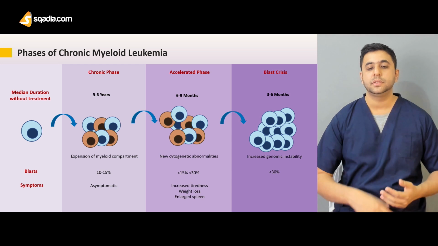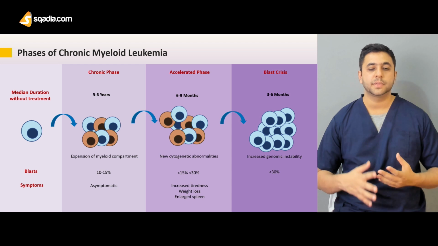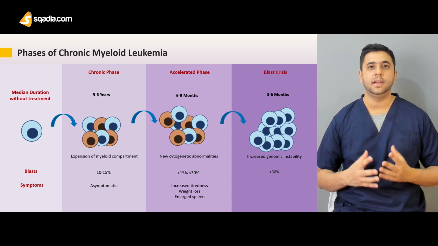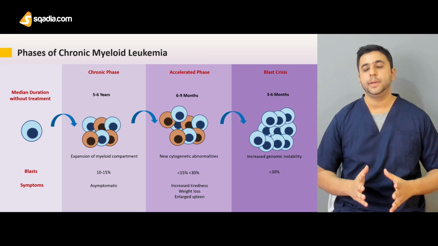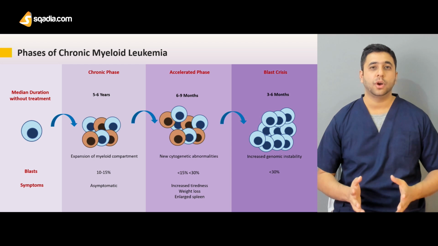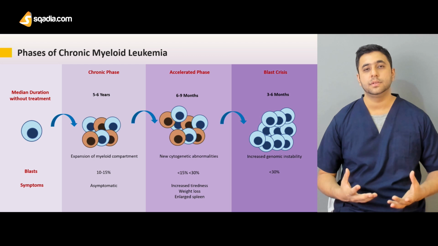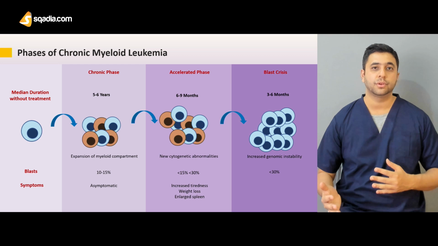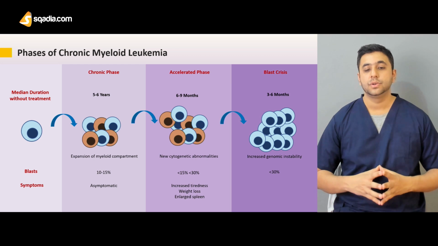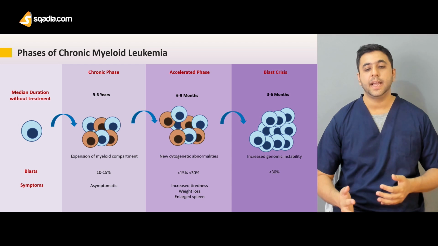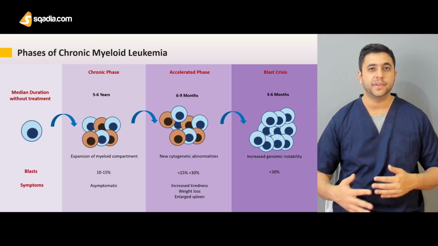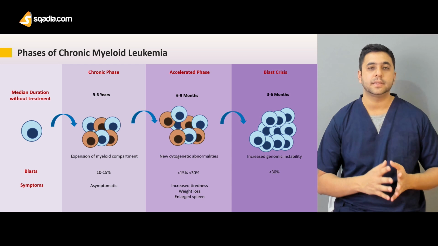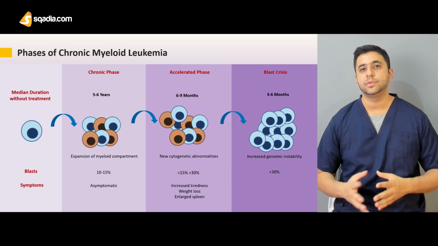In the accelerated phase, the patients start developing increased tiredness. There is some component of weight loss. And one important hallmark which signifies the progression of the disease is the enlargement of the spleen. Now, splenomegaly is a hallmark of CML. And when we talk about splenomegaly, we mean a very huge spleen. The spleen size can be around 15 centimeters below the costal margin. It can grow that long. So when we have an enlarging spleen and the patient reports increasing weight loss and increasing anemia or tiredness, then we can safely say clinically that the disease is progressing from the chronic phase, or has entered into the accelerated phase.